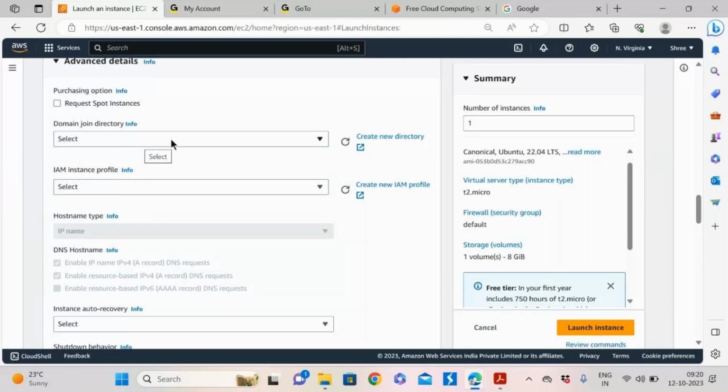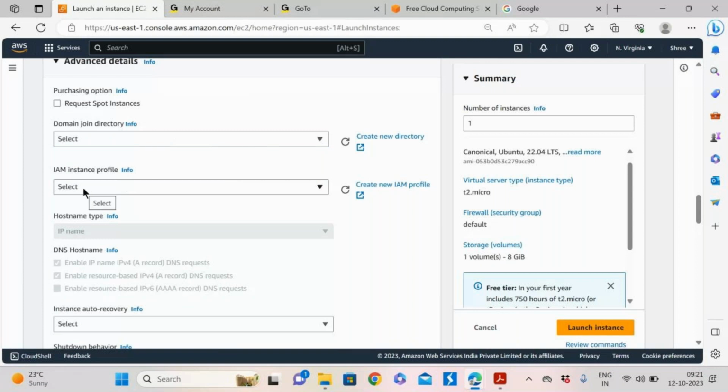If the server gets joined to the domain, I need to use my credentials to log into it. If I want to add this machine to any existing domain, I can select it here. As I don't have any directory, it is not showing. I can simply go ahead, create one, and then use it.